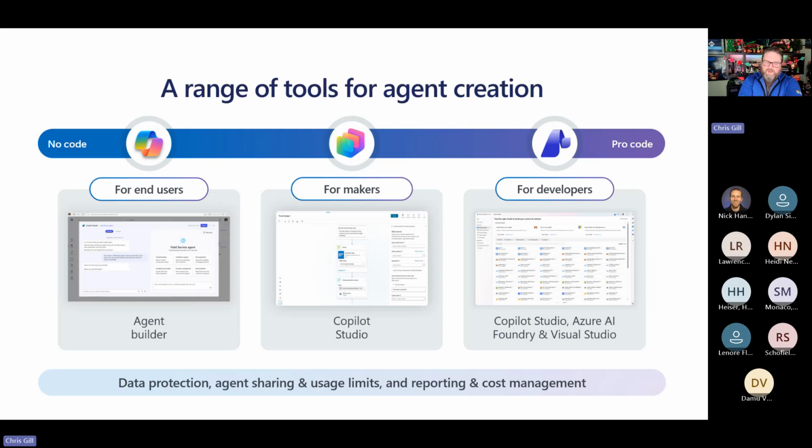For the makers, the middle section, we have a low code experience, but a little more customization. Any of you that are familiar with Power Automate, it looks very similar, right? You have a thing that's potentially stepped into another thing or an action. Then for the developer side, it does integrate with Microsoft Foundry and Visual Studio. You can use Visual Studio Code, which is free. That gives you deeper code and pro code extensibility, and that's again within the Copilot Studio mainstay.